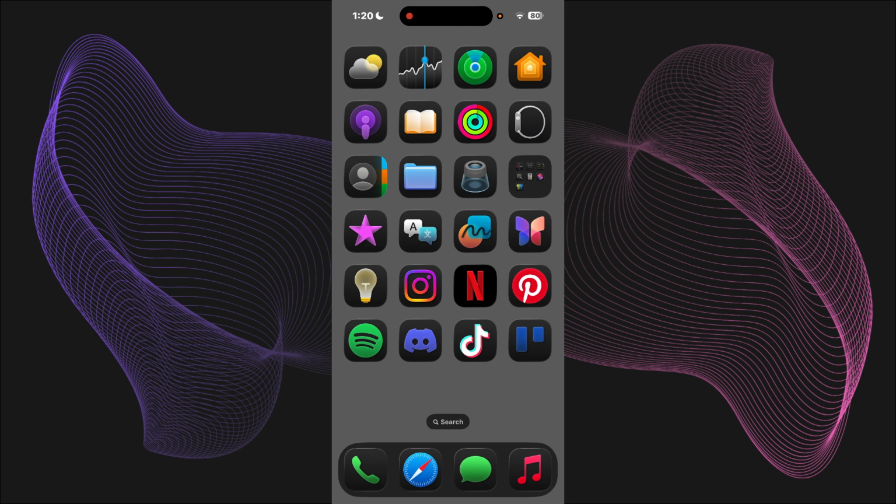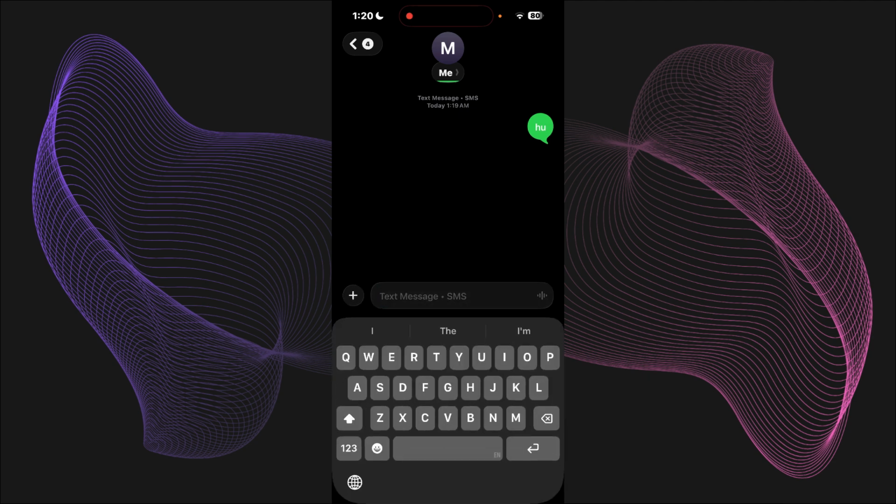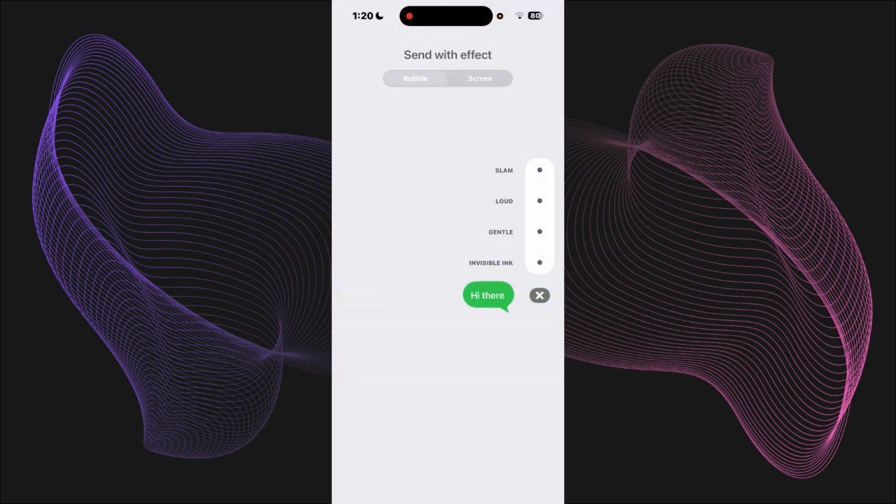What you need to do is just go to your iMessage and open up your contact with whoever you're messaging. What you can do is just simply type in something that you would like to send, and then simply press and hold the send icon, and you'll see some options with send with effect on bubble, just like slam, loud,